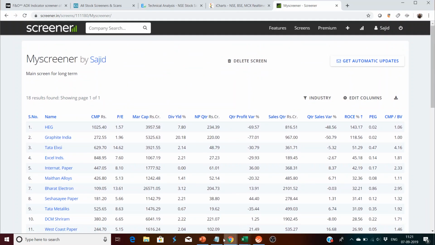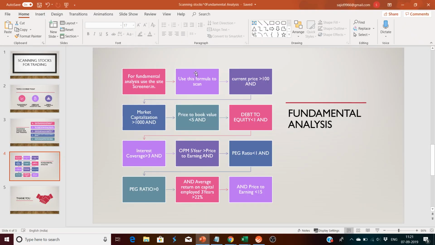Okay, and what is the formula? Let me just take you through that. So you will say current price greater than 100 and market capitalization greater than 1000 crores, price to book value less than 5, debt to equity less than 1, and interest coverage greater than 3, and operational profit margin 5 years greater than price to earning, and PEG ratio less than 1, PEG ratio greater than 0,